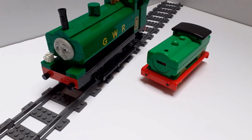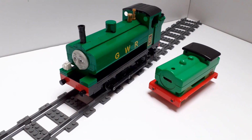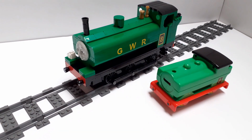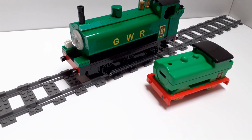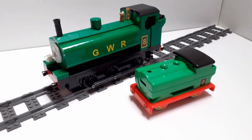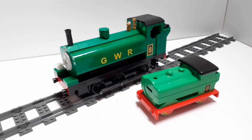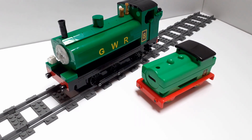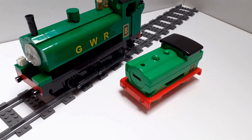Another thing that was going to happen was a kind of tutorial on how to remove the face piece. Sadly, I can't do that. I bought new toys to use the faces for Duck and Oliver, of course, and I also got one for Douglas as well. So all but one of my Thomas characters now have faces, the other one being Lady. Technically, I do still have Stevenson's rocket, but it's more so in the shape of the rocket than the Stephen character. But the reason why I can't do the tutorial is because these faces were